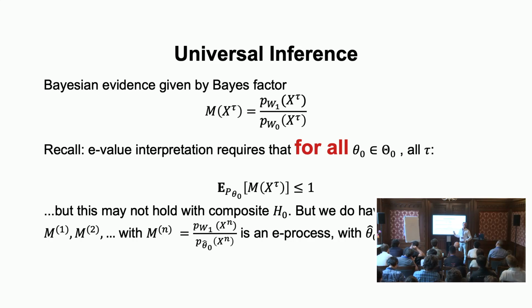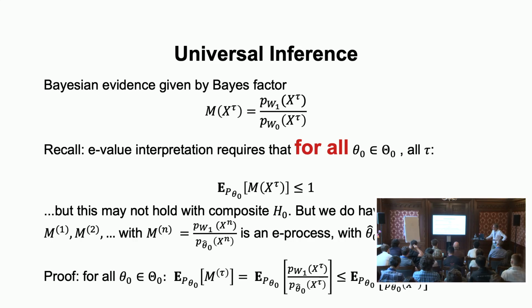This has been called universal inference. It's very crude, so in practice I don't advise you to use it, but that's why it's called universal. You can always do this. But it's almost cheating. You make the null as bad as possible for you, and then you always get expectation bounded by 1. In practice it's usually not competitive, but for some very complicated problems, this is the only thing we know how to do. But we can often do more clever things. Here I even gave the derivation: you see this must always be smaller than this. This is the MLE, and that's 1.